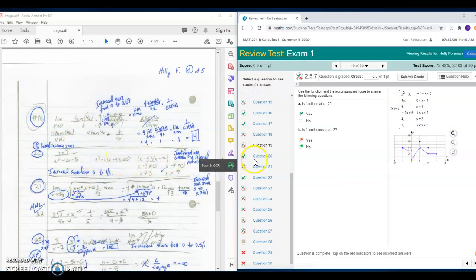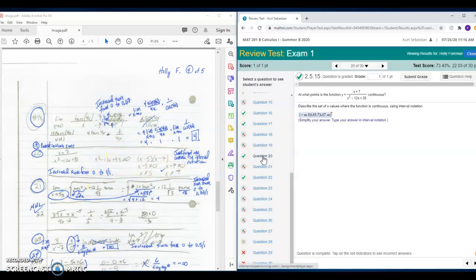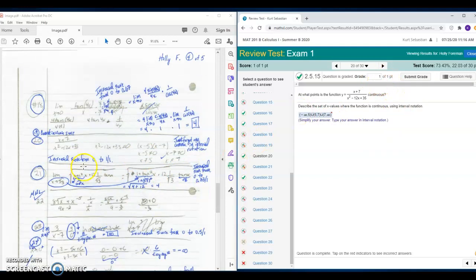All right, so on 20, you actually got it completely correct. You simply, like this last interval here, 7 to infinity, when you look at your answer, you just forgot the comma, and so it marked it all wrong. But I increased it to fully correct, 1 out of 1. So you had 0 before. Let's see, on 21,